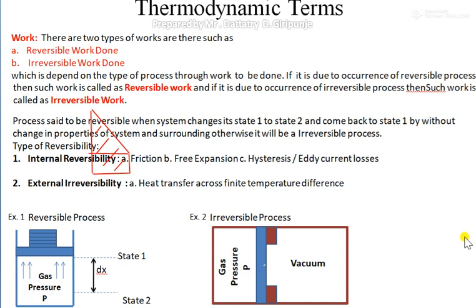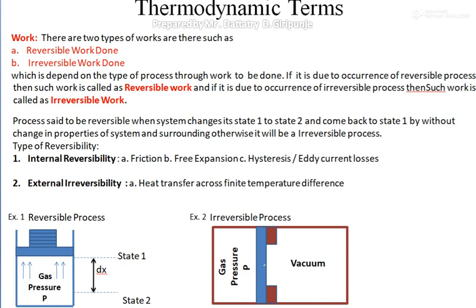If that particular work done occurs by following a path of a reversible process, then such work done is called reversible work done. And if a particular work done occurs by following a path of an irreversible process,